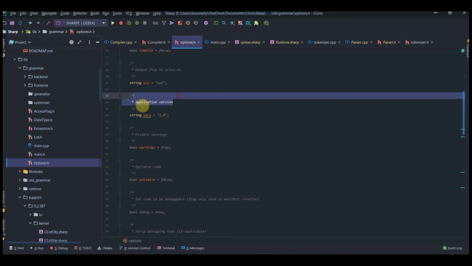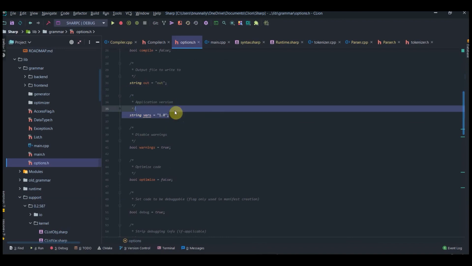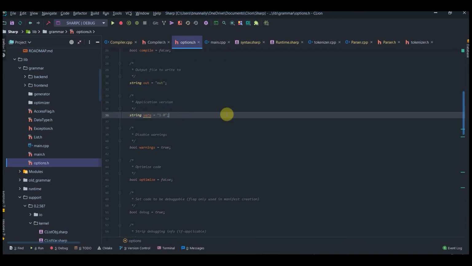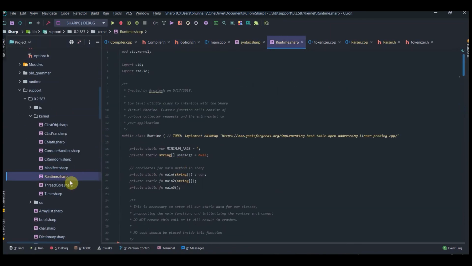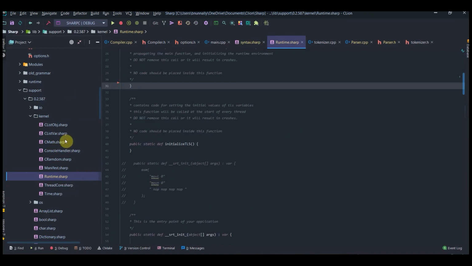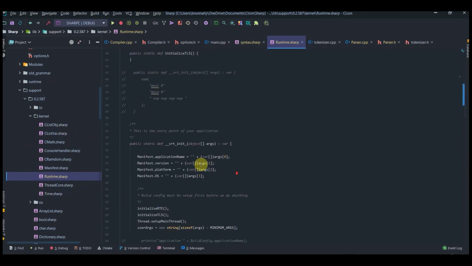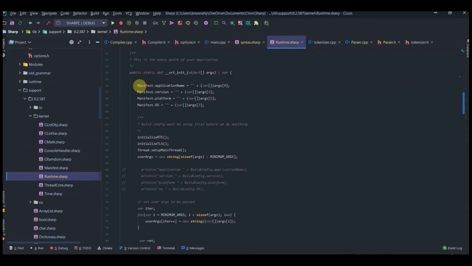This is data that's actually going to be passed to our virtual machine. Once our code gets compiled, this information is going to be passed to the virtual machine, and you can actually access this data at runtime. So if we go here, I'm actually going to show you this really quick. I have a couple things in here. This is basically the kernel. This is like once the programming language starts up, these are all the low-level classes that do things to set up the programming language. And if we scroll down, we can actually see here in the actual object args,